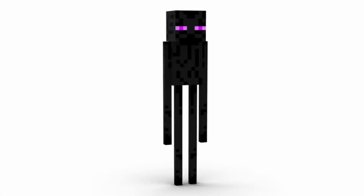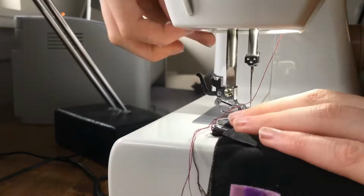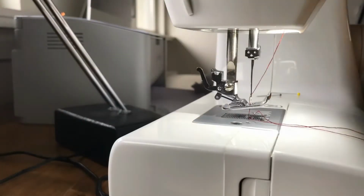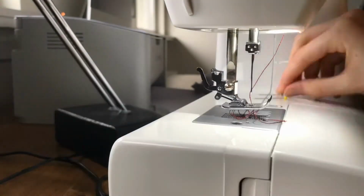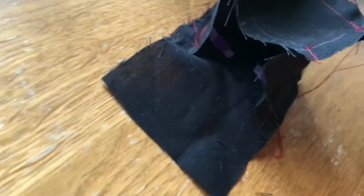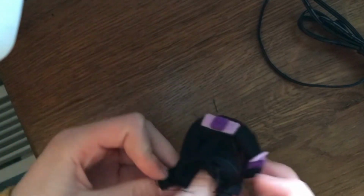Here's a picture. And yeah, I just followed the tutorial. I'll link it down below. It was a really great tutorial on how to make a stuffed Enderman toy, but I sized it down a bit because that was really big. And I started by just making the head, and it was kind of easy. It wasn't really complicated because they are all just, you know, blocked figures, so it wasn't that hard,